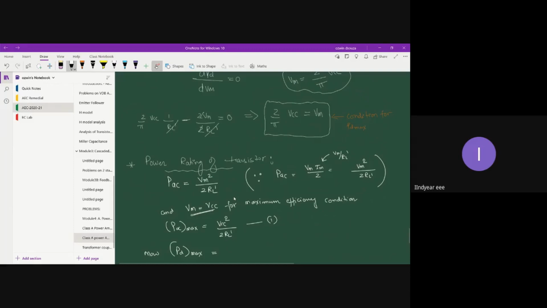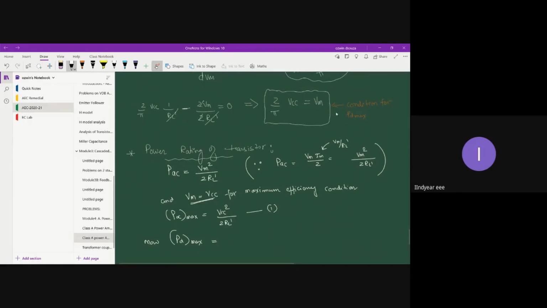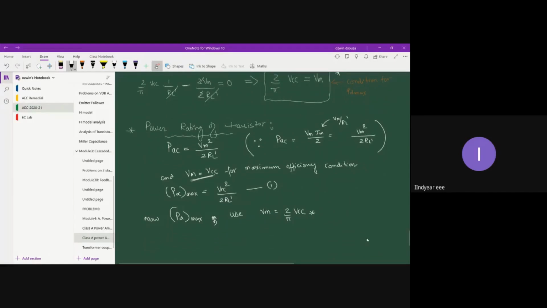Okay, so let me write for PD maximum. Use Vm is equal to 2 by pi VCC. We have already derived this particular expression. So when we use that expression, we get PD maximum is equal to 2 into,